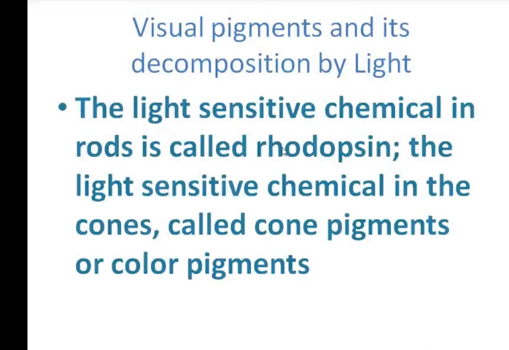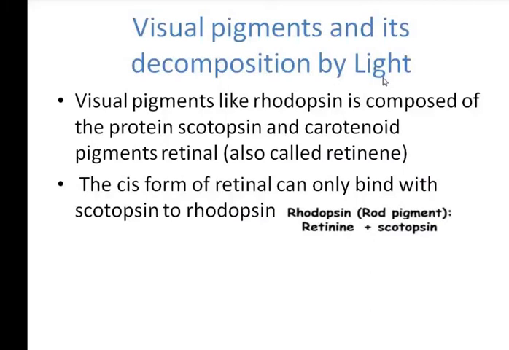Now, if you look at the visual pigments and their decomposition by light, the decomposition is not permanent, it is temporary, transient, which we will discuss in more detail. Visual pigments like rhodopsin are composed of protein. Visual pigments are present in the rods as well as in the cones. In the rods they are known as rhodopsin, and consist of a protein known as scotopsin,